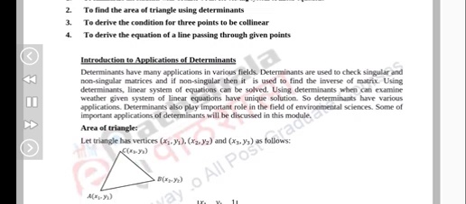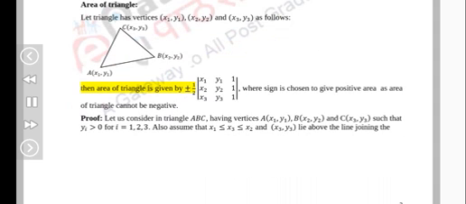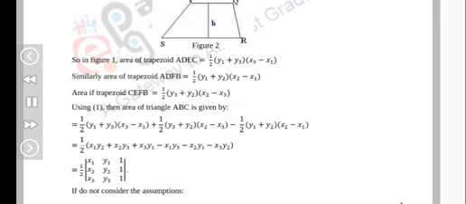Area of triangle. Let triangle has vertices (x1, y1), (x2, y2), and (x3, y3) as follows. Then area of triangle is given by plus or minus 1/2 times the determinant with rows x1, y1, 1; x2, y2, 1; x3, y3, 1, where sign is chosen to give positive area as area of triangle cannot be negative. Proof. Let us consider triangle ABC, having vertices A(x1, y1), B(x2, y2), and C(x3, y3) such that yi greater than 0 for i equals 1, 2, 3. Also assume that x1 is less than or equal to x3 is less than or equal to x2 and (x3, y3) lie above the line joining the